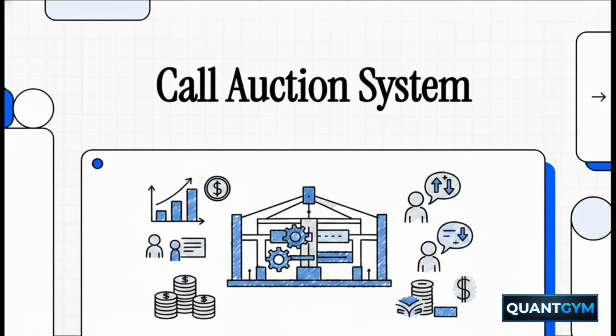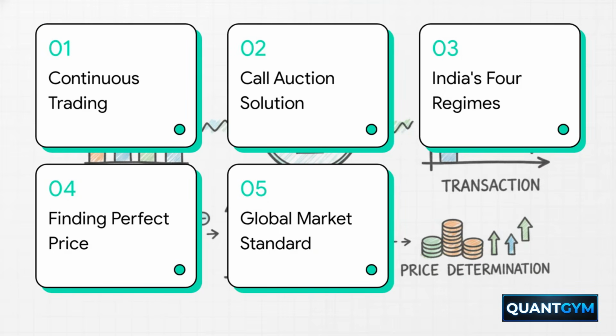Now, have you ever caught yourself wondering what's actually happening under the hood of the stock market? Well, today we are completely demystifying the inner workings of stock market pricing. Our core mission for this explainer is to really understand the call auction system. It's this incredible hidden architectural framework that basically keeps modern financial exchanges running smoothly when, let's be real, you'd totally expect absolute chaos. Okay, let's dive into this.